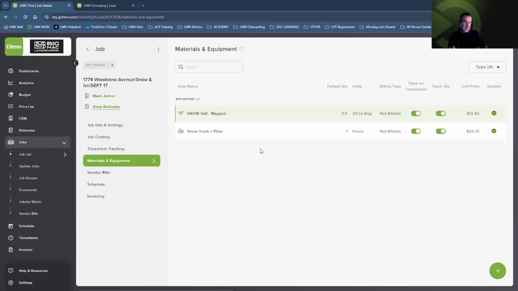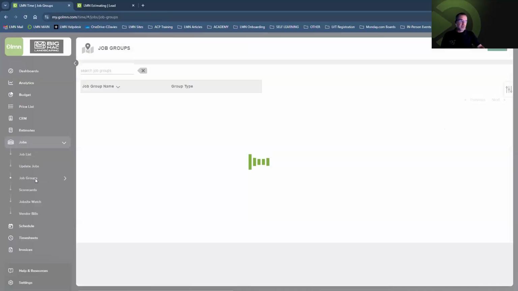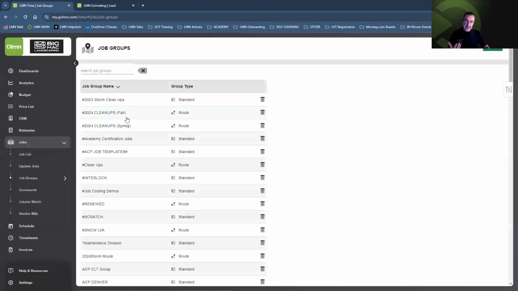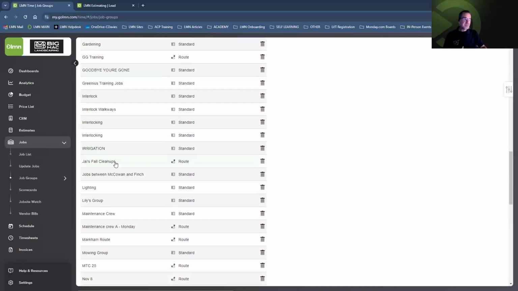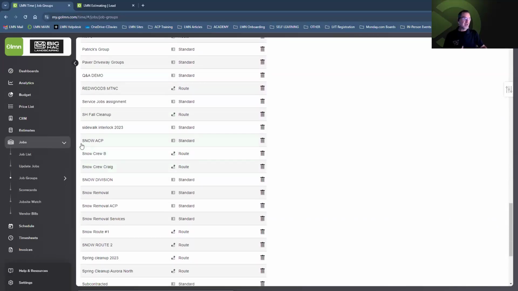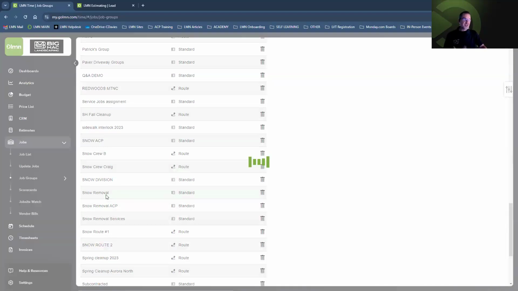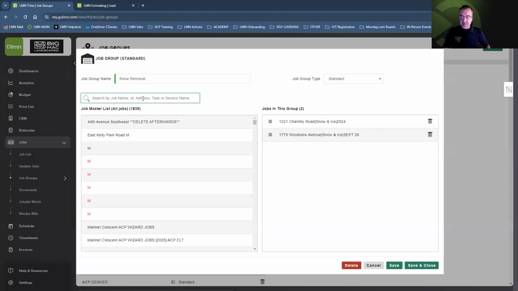So essentially what you are going to do in your accounts is set up multiple job groups. To do this, go into your jobs tool on the left-hand side and look at your actual job groups. Again, create a job group for all of your snow removal. So if I go down my list, I would want to take a look at all of my snow removal jobs, or my snow removal division if it were. So this job that we just created for September 17th,